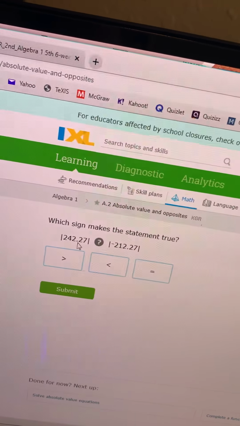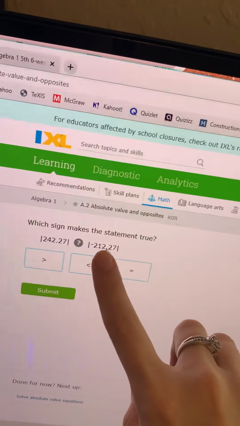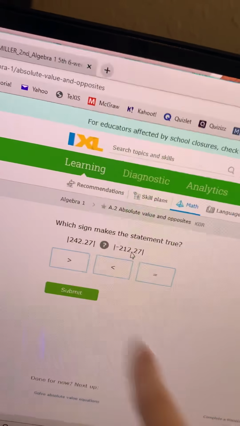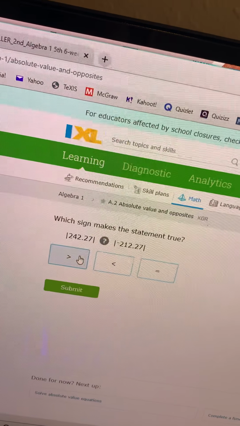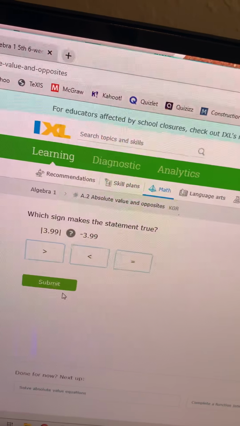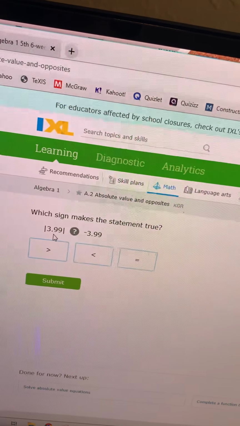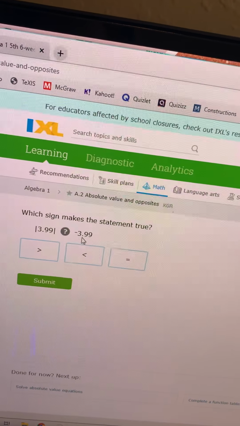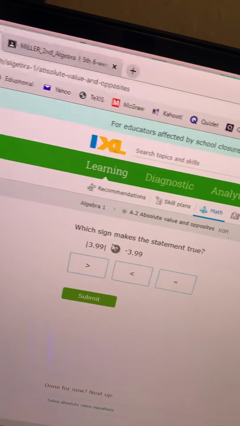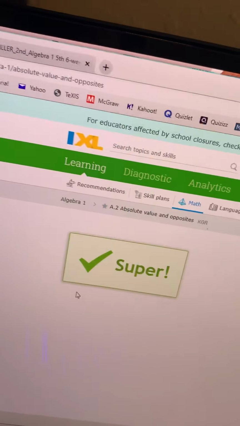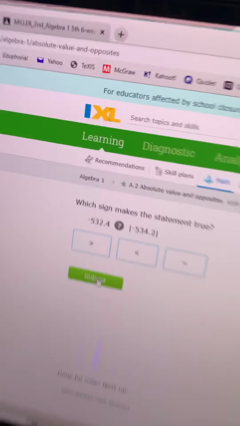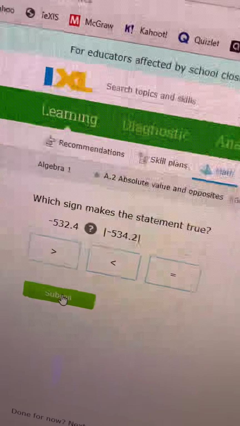We've got 242, this becomes positive 212. 242 is bigger than 212. So we want it to open up to 242. So 3.9 and -3.9. The positive one's bigger, so we want this one. Alright, so that's this IXL. So for A.2,